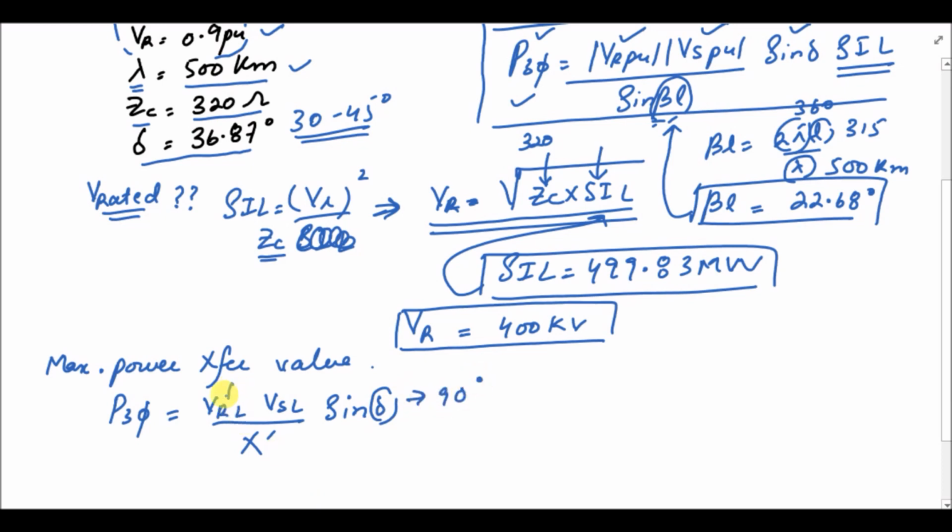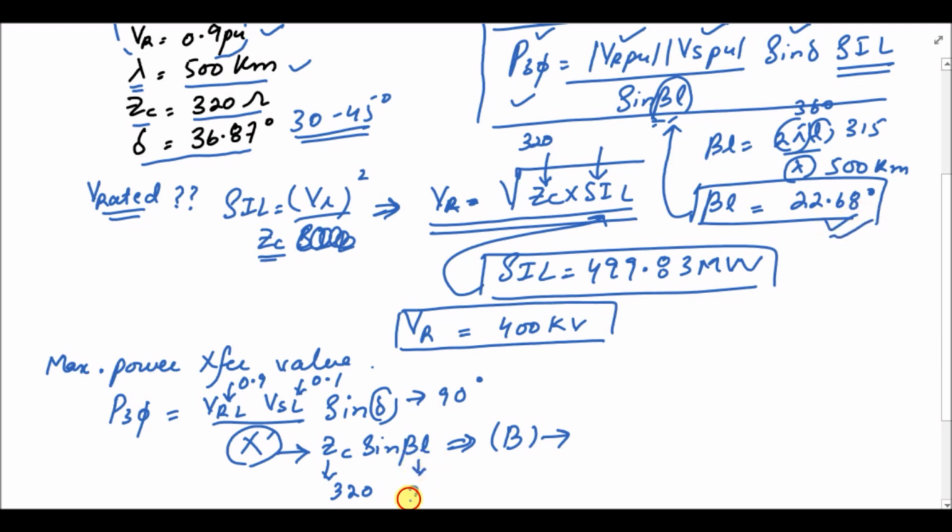We know the VR value, that is 0.9, VS is equal to 1, and X dash is equal to ZC sine beta L, which is actually equal to the B constant of the transmission line. And ZC is equal to 320. Beta L we have calculated here, it is equal to 22.68. So this value will become 123.39,